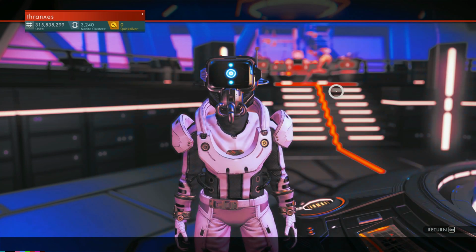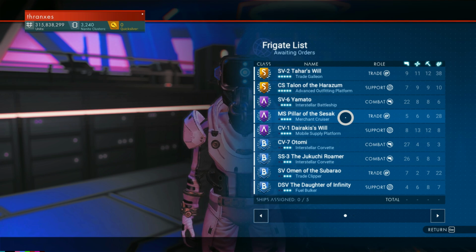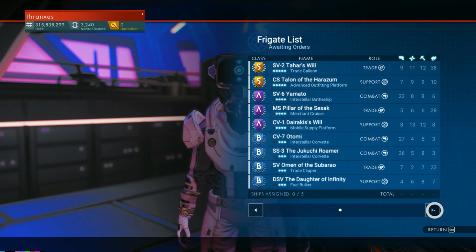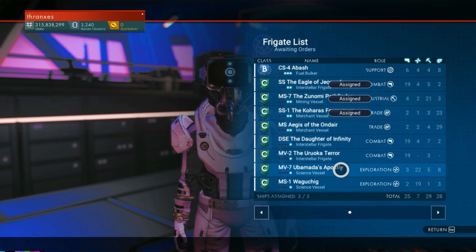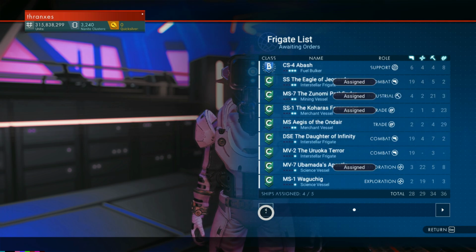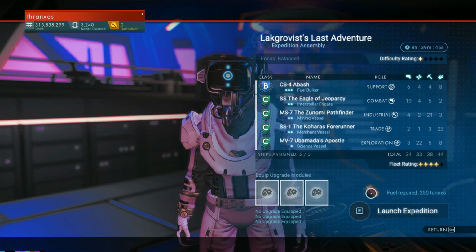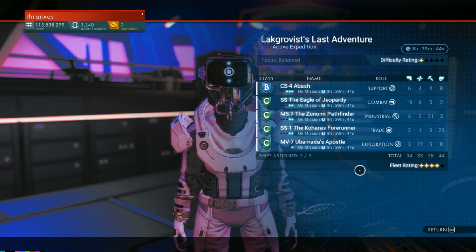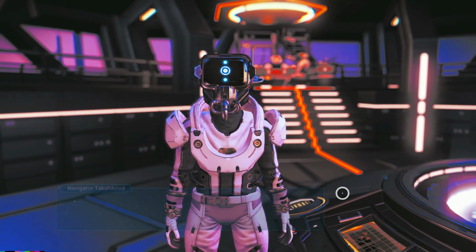Balanced expedition. So let's go ahead and take... what? Combat, industrial, trade, exploration. Support. Yep. One of everybody. Boom, 250 tons. And then, last but not least...